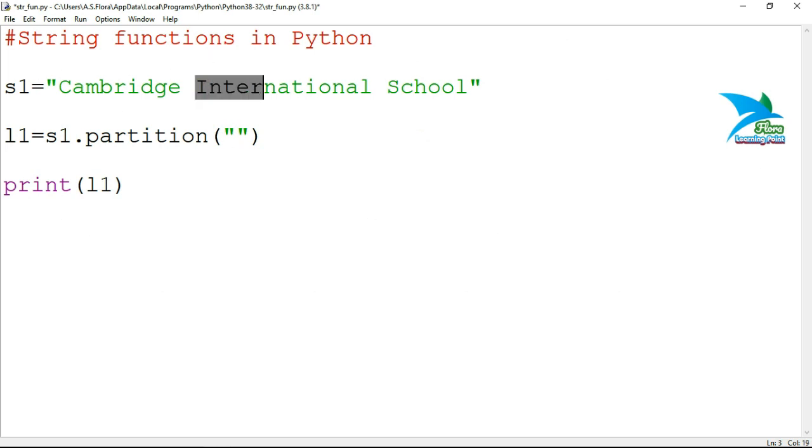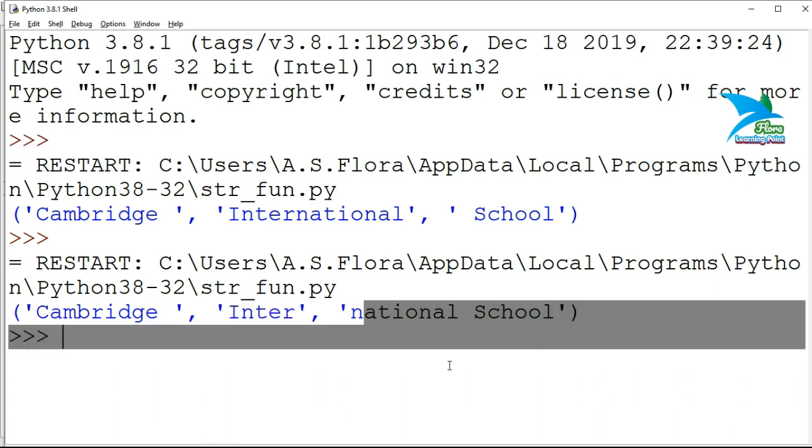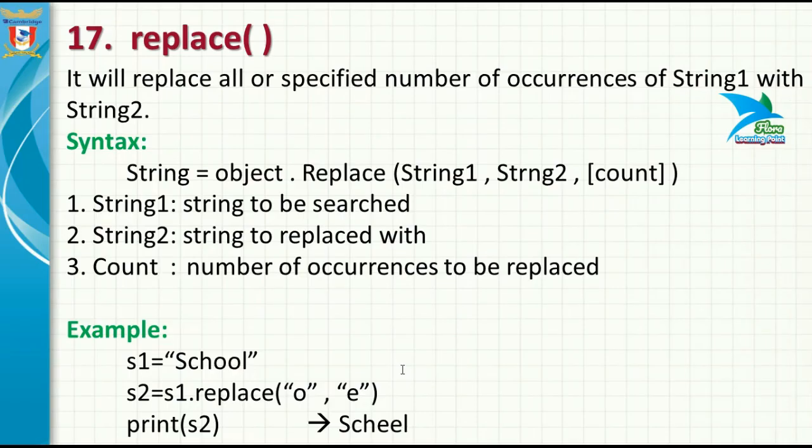If I use just 'inter', then the separator is inter, the head is Cambridge, and the portion after inter will be considered as the tail of that string. Now you can see we are having three parts: Cambridge, inter, and national School. So that is the use of this partition function.